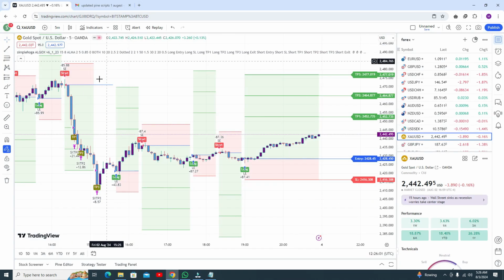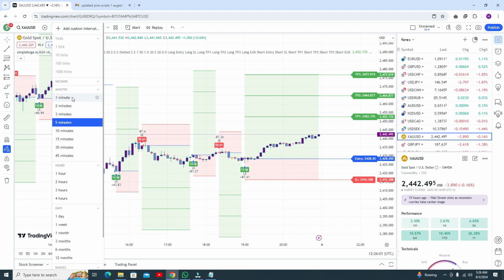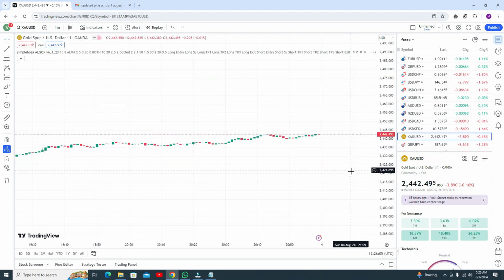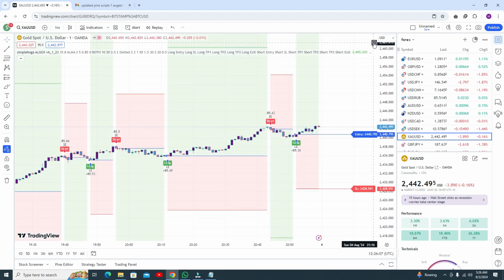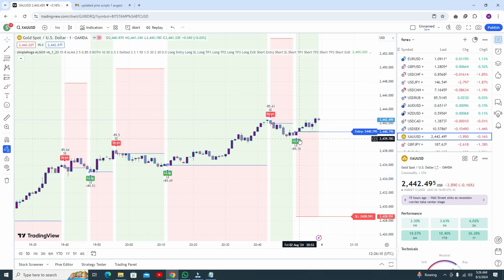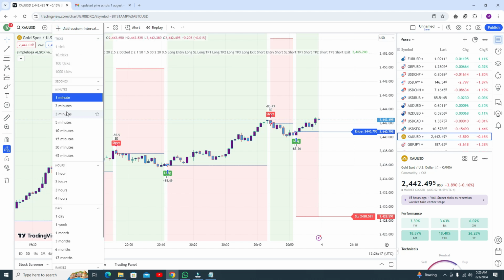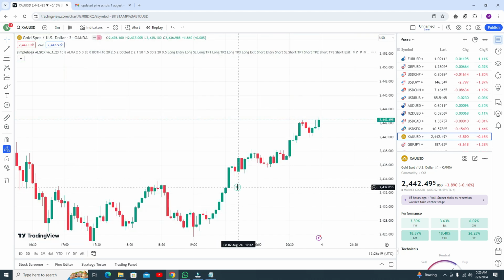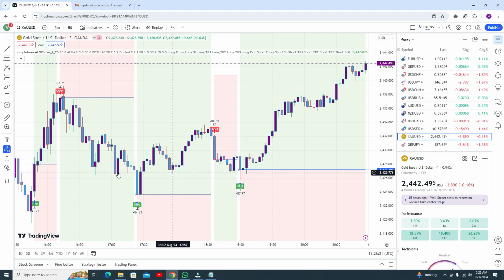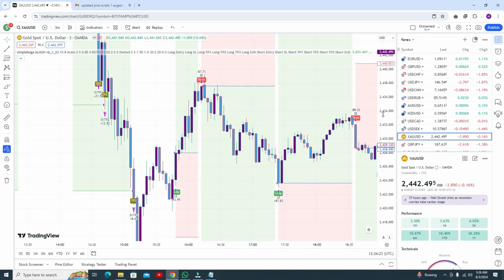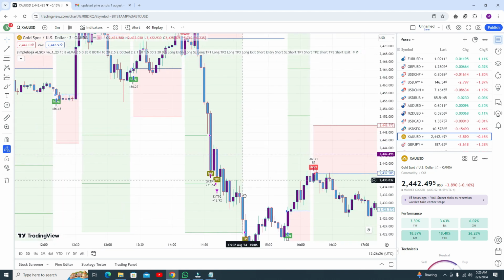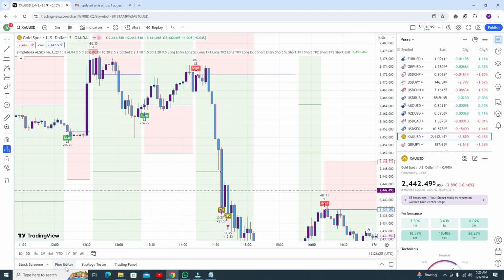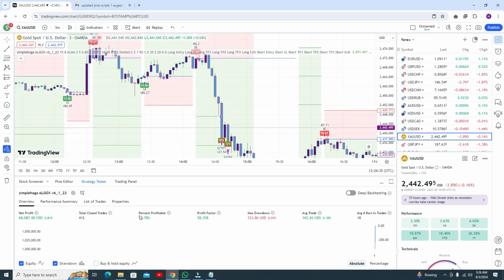And one more question: this algo works on all time frames. You can use it in the 1 minute time frame. This is the most recent buy trade in gold, but the market is off now. Let me show you the results in the 3 minute time frame. Here you can see in the 3 minute time frame it works awesome. Oh my god, in the 3 minute time frame the results may be better. Yes, 90% accuracy. It's good.